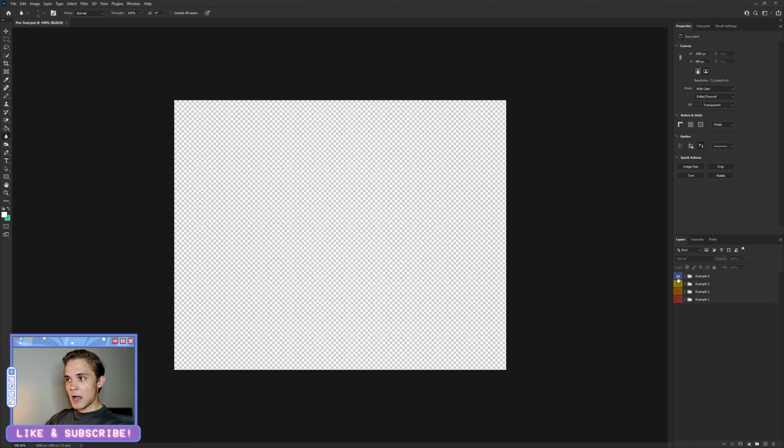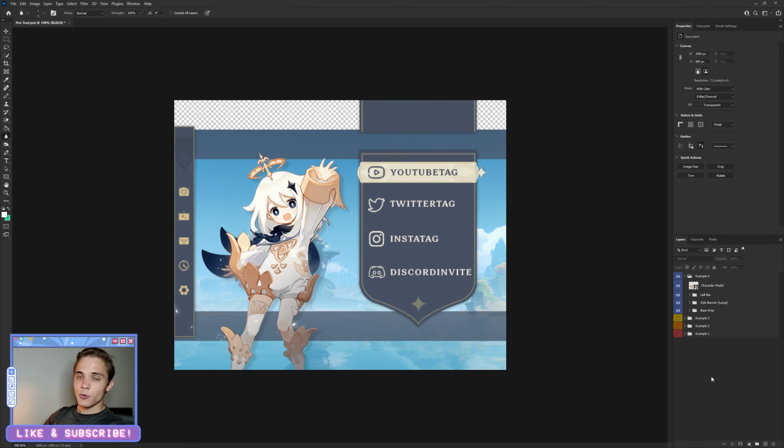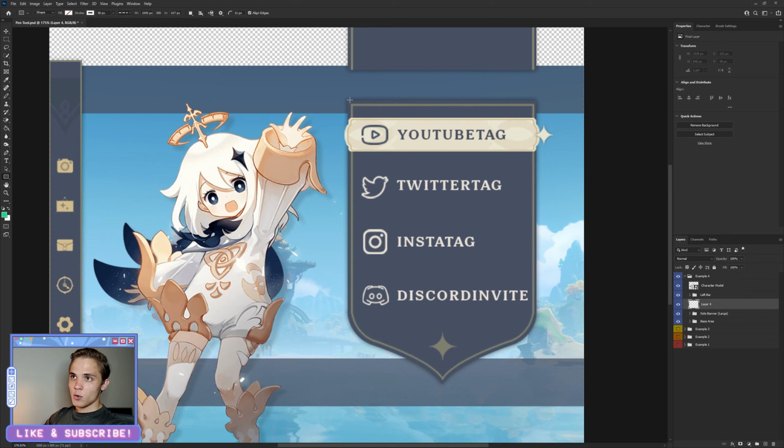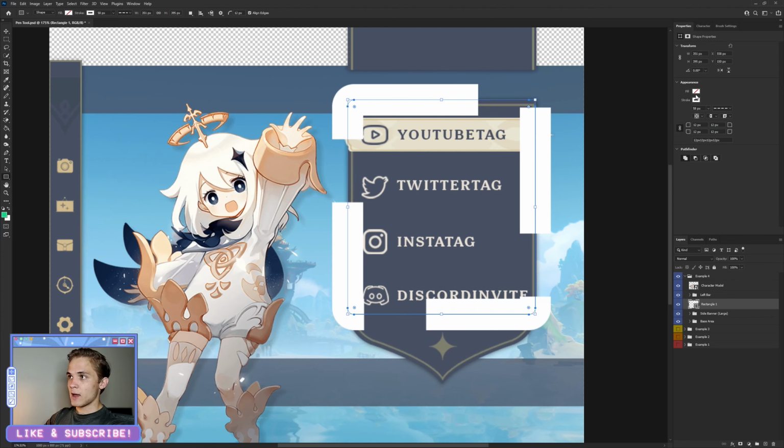So I'm going to start out with a standard way that the pen tool can be used, and that is to create custom shapes. So we see with this side banner here, it has a rounded rectangle to start, but then it comes down into this curve at the bottom. And as for how this is actually made, I'm going to create a new layer right over here and show you the steps. So of course I started out with a rounded rectangle and I made it at about that